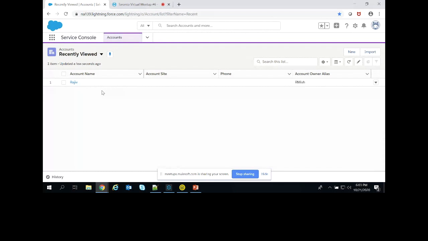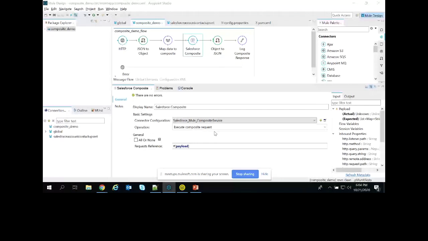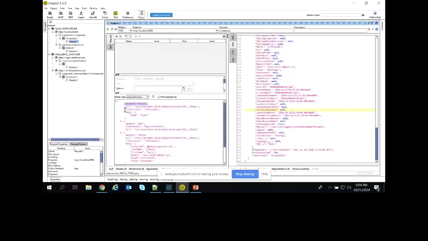So this is the execute composite request that I'm going to use. I'm missing the method, the PATCH, and providing the URL. The Salesforce team is going to provide you that. The EID and the C that are there right now, I made static, but those things should be coming dynamically.